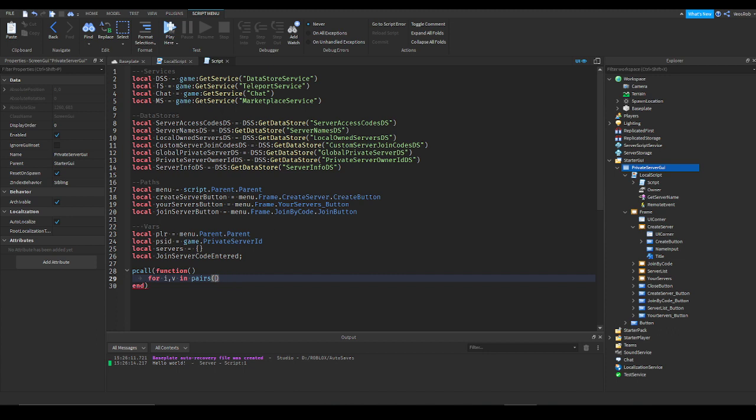and then inside of here we can say local, we'll use this data store, local get servers get async plr.user id or nil if that doesn't exist. So if it can't actually find anything inside of here, it'll just return nil. And we'll say do